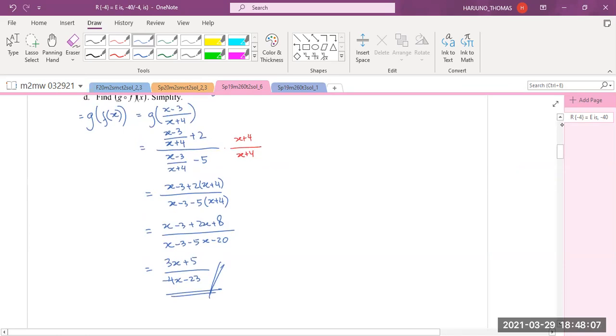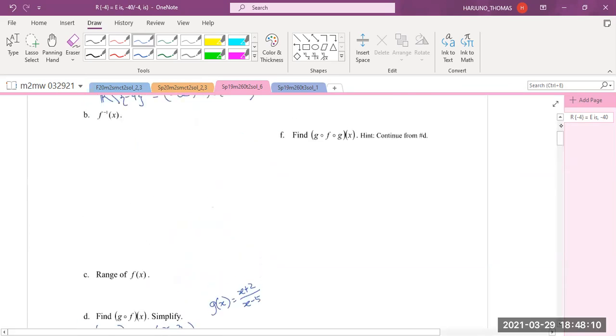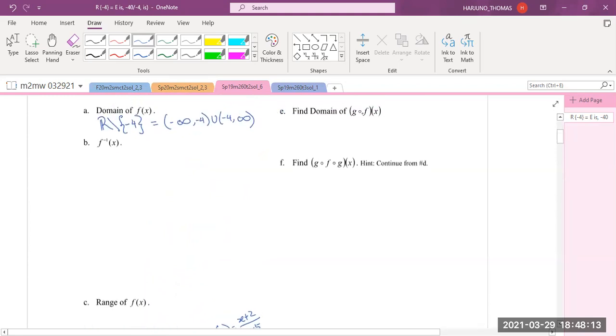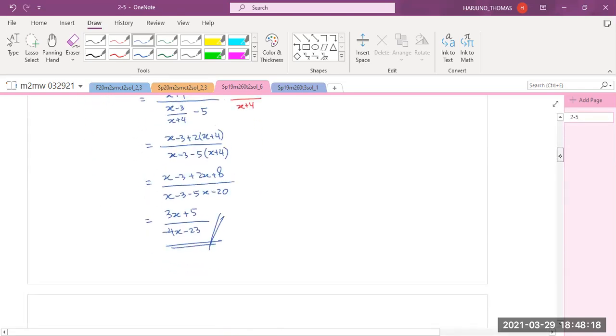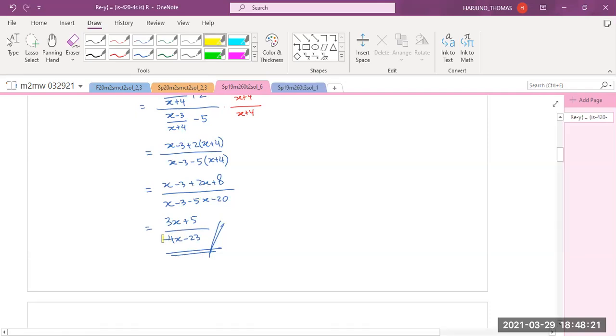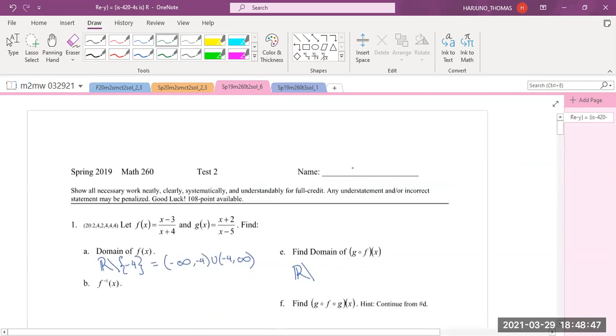So what is the domain of this composition of functions? I believe that's the next question. Yeah, what is the domain of g compose f? That will be all real numbers except, let's copy that down first, except what? What number are we supposed to avoid here? Negative 23 over 4, right? You see that negative 4x minus 23 cannot be 0, right? So x cannot be negative 23 over 4. Okay, so all real numbers except